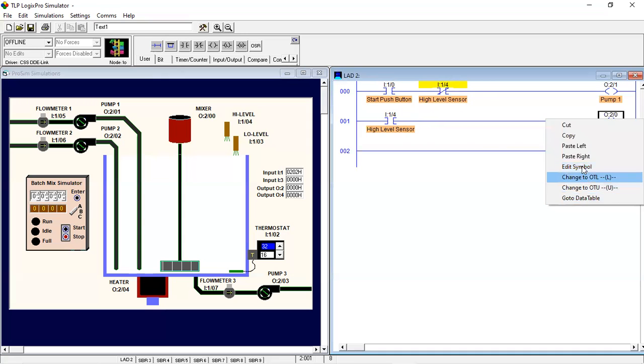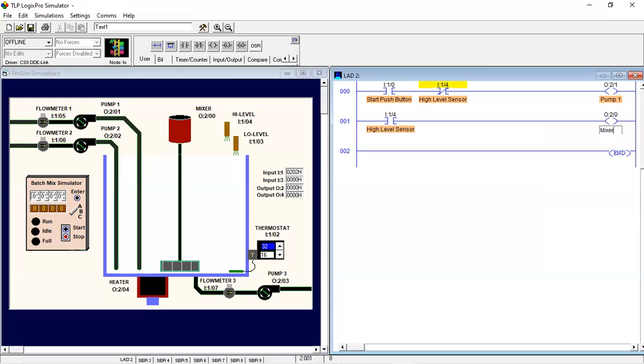Give the address of the mixture here, and we will name it mixture.